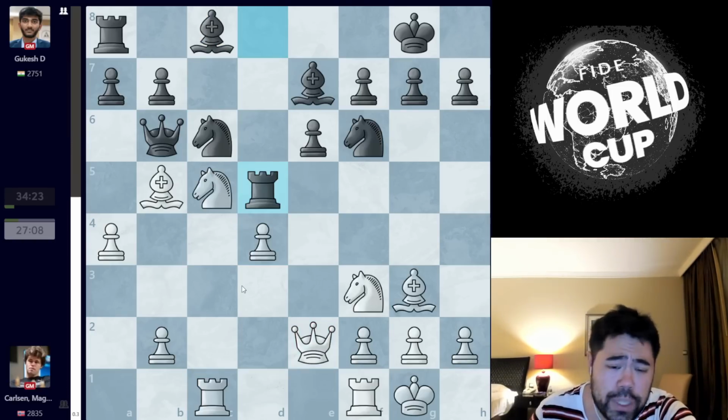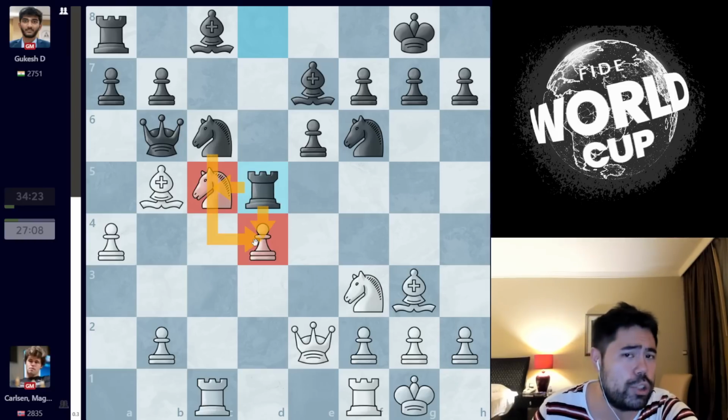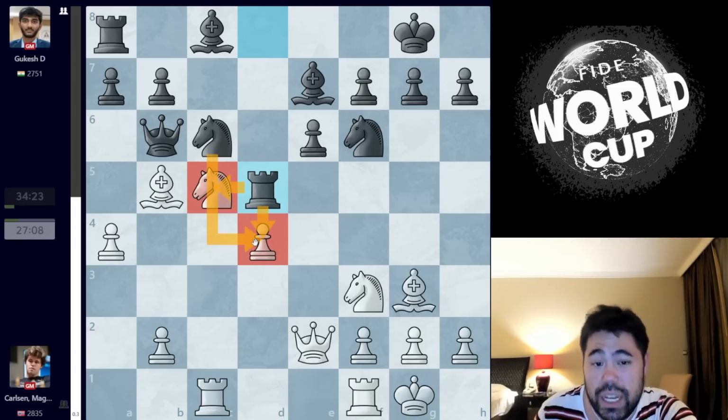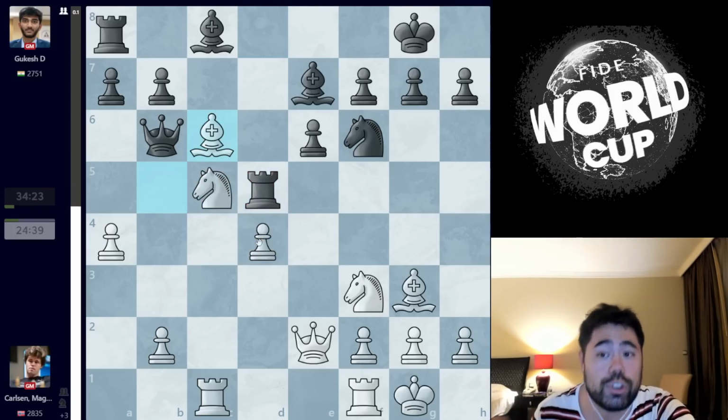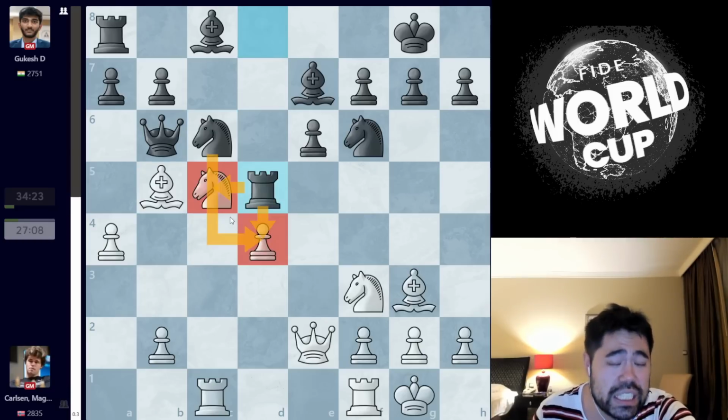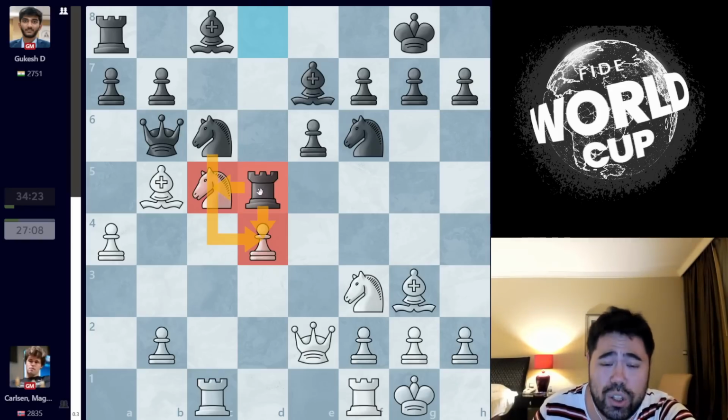So Gukesh plays rook d5 here, which is a move I really like because now black is trying to create a lot of chaos, put pressure on the pawn on d4, the knight on c5, and it feels very tricky to play. Here, Magnus spends a couple of minutes before taking on c6, and he starts to lose the thread here. Now, this position is very scary, and one of the things that I've said is that Magnus struggles at times with deep calculations, and more specifically, situations where there's a lot of chaos, and you don't have clear-cut plans.